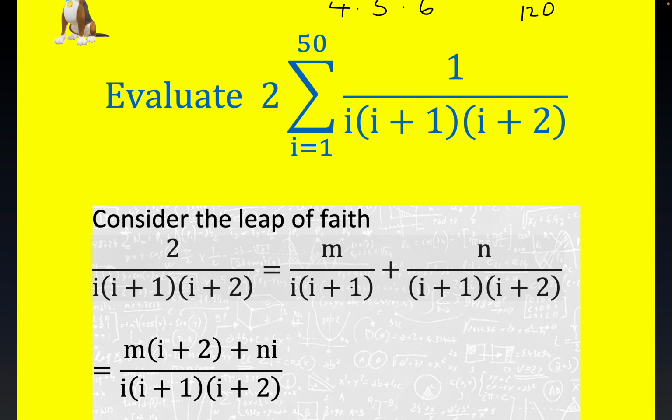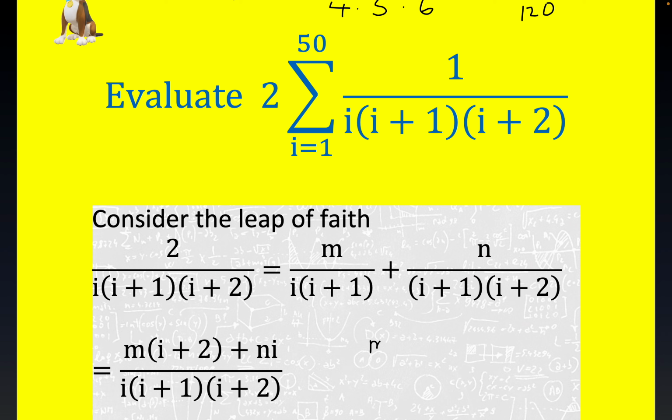But notice what happens when you do the arithmetic or the algebra on this. There's an i+1 factor missing, so we have to multiply by i+2 right here. And there's an i factor missing right here, so we have to multiply by i. So we get that this is equal to this, okay? Now, since we have the same denominator here as here, which is by design, of course, we should equate